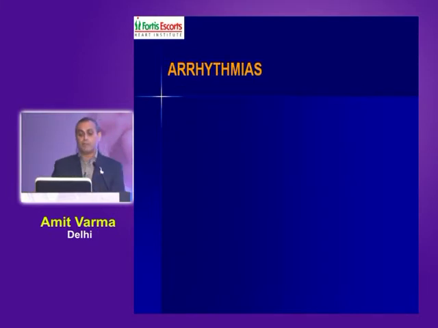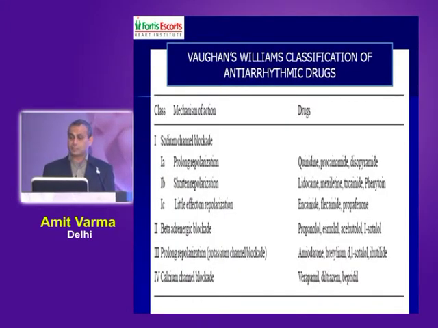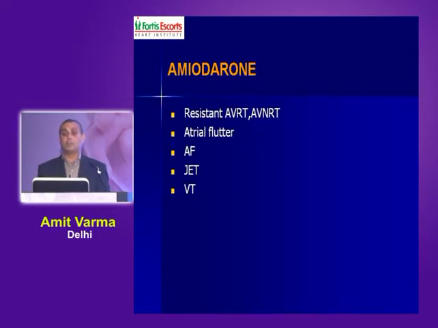Moving along to discussing arrhythmias. The Vaughan Williams classification of antiarrhythmic drugs has been around for a long, long time. The interesting part is not too much has changed. A lot of what we were doing, whether it's sodium channel blockade, beta adrenergics, or prolonged repolarization, has been around for a long time. Amiodarone or Cordarone, as you would know, has been around for a long time. A, in adult literature for many, many years. B, increasingly now in the pediatric and neonatal literature.